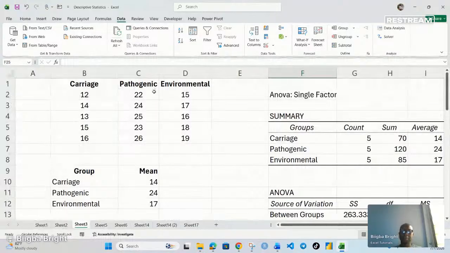I'm just looking at the total number of genes that are found in different bacteria. So we have carriage bacteria, we have pathogenic, and we have environmental bacteria. And then we decided to pick their genes. So this is the number of genes that we got from all the samples that we picked from the carriage,